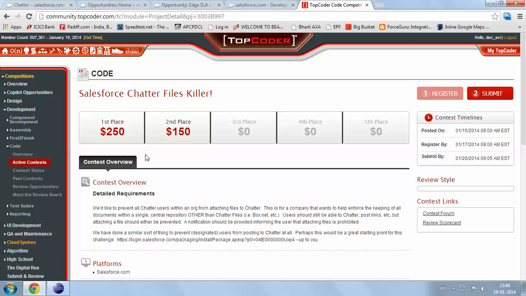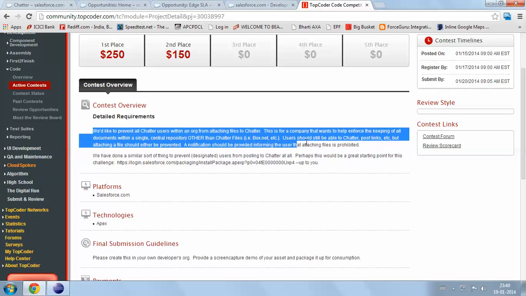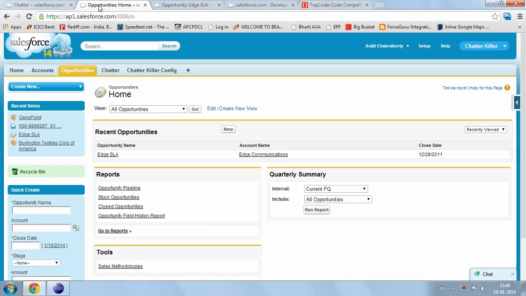Hi, this challenge is to prevent Salesforce users from publishing anything as an attachment to the chatter. So this is all about the requirement. Coming to the implementation here in my development org, there are three possible ways a user can upload